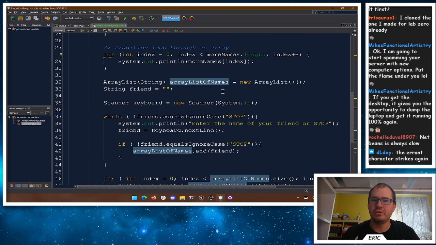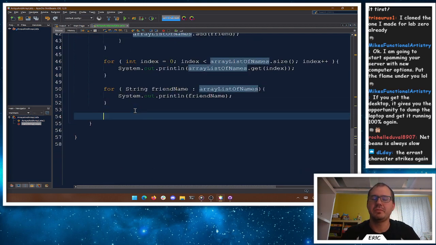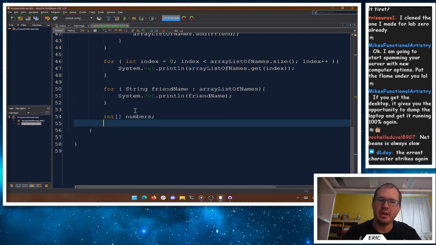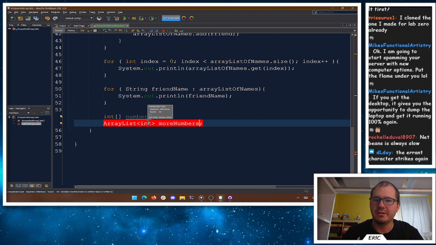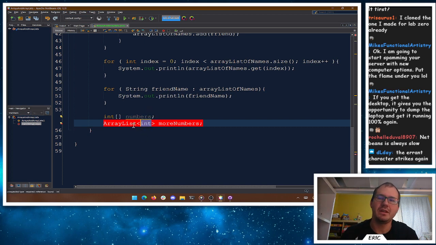So arrays or array lists. I'm almost always going to prefer array lists just because they're resizable. Now the downside of array lists, and it's not even really a downside, it's just something you have to remember. So if I want an integer array, like for numbers here, I can do that. If I want an array list of integers, I can't say array list of int or numbers. This one is invalid here. And it tells you unexpected type, required reference found int. What that means is the only types that you can put inside of an array list have to be uppercase letter classes,